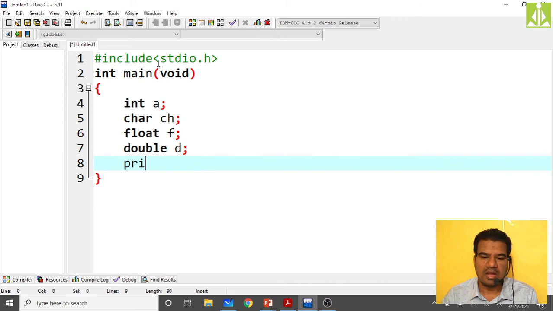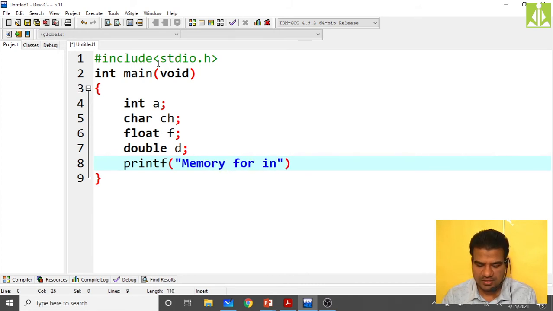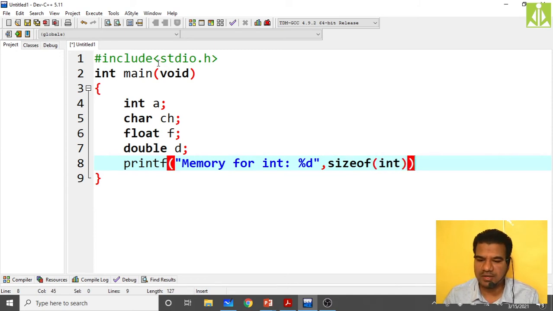So now I will printf "memory for int, %d". How can we know the memory? Using the sizeof operator. We already discussed this operator in your second unit.